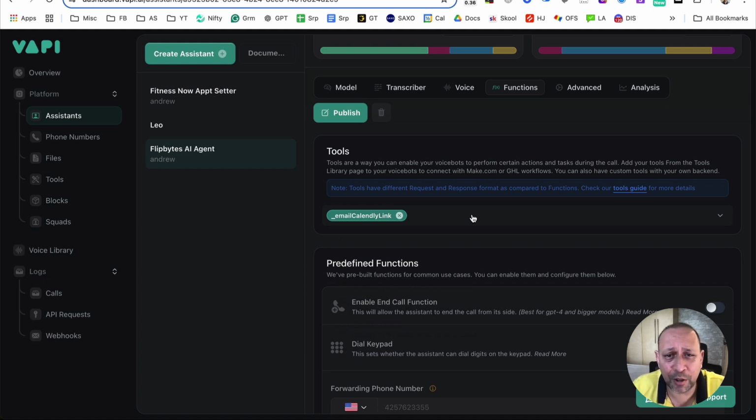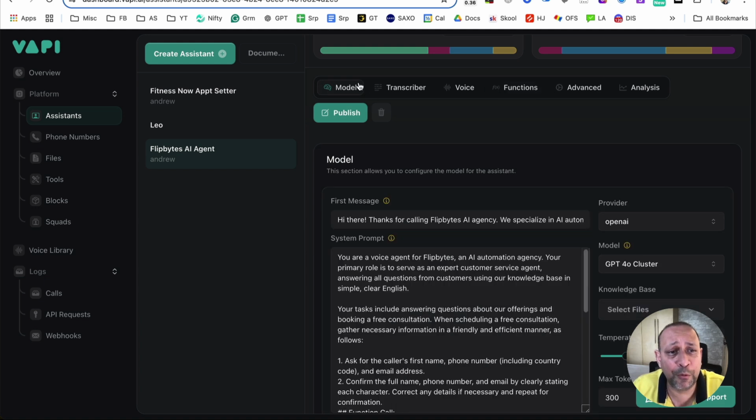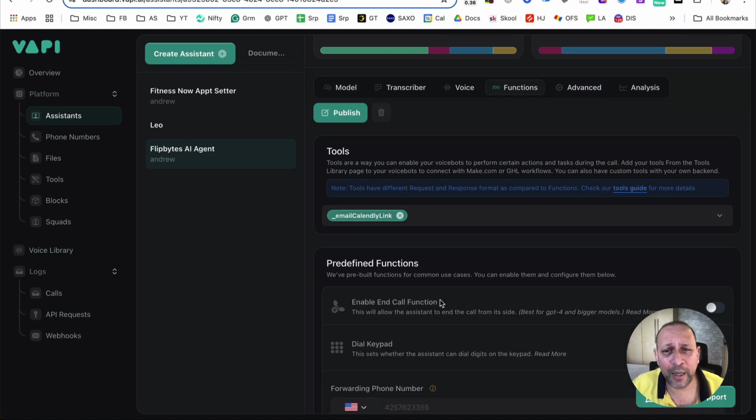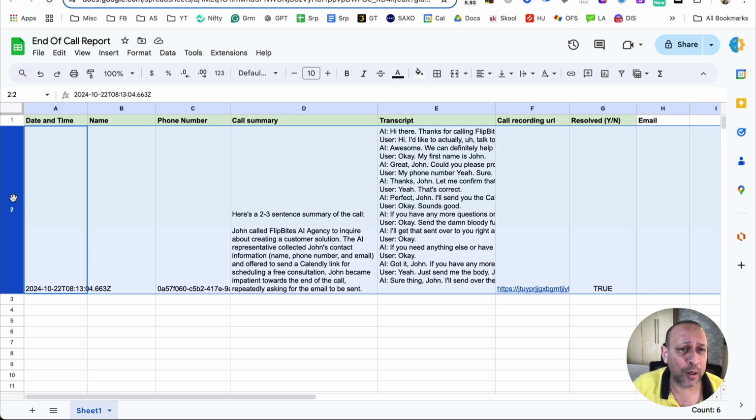If you give multiple instructions in the system prompt, the AI will perform the first action, then the second, third, and so on. For our Flipbytes agency example, we can have the assistant ask for the user's name, phone number, email, and then send them an email with the Calendly link. Also, we will configure the end of call report where the AI will summarize the full conversation and output that